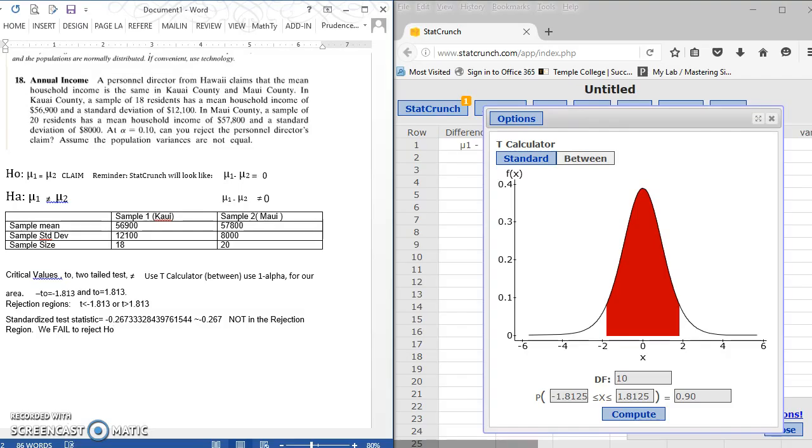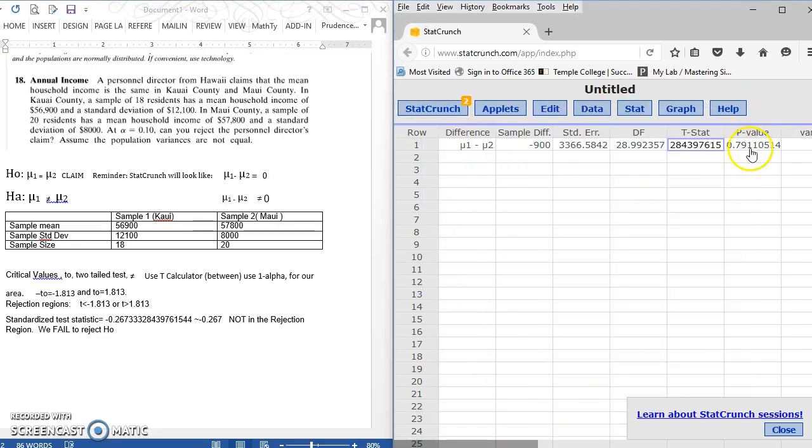Now, this is just if you check your p-value, I'm just going to go ahead here and have you check your p-value. Notice that the p-value is 0.79. That also is bigger than alpha, so that's another way you can see that you would fail to reject. Since you failed to reject, we have no evidence to support the